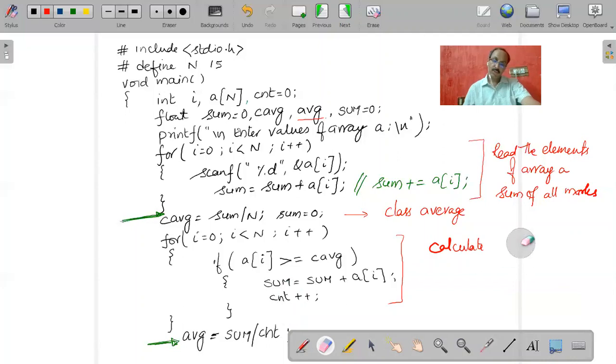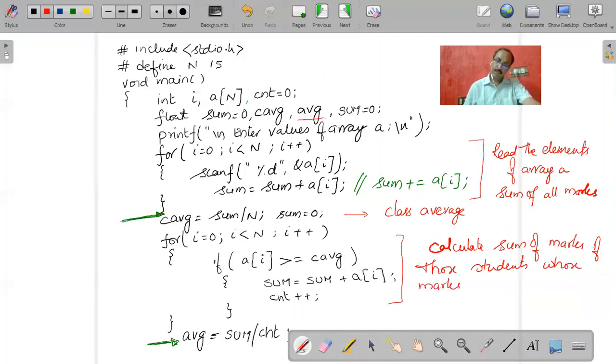So what we are supposed to write: calculate the sum of marks of those students whose marks are more than the class average. What is the class average? What we have calculated here, this class average, that is